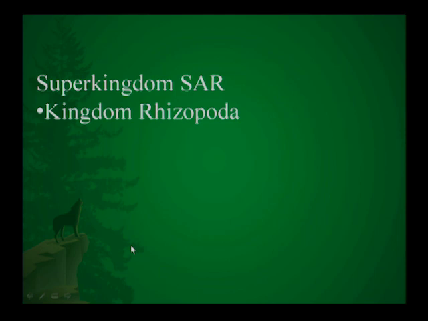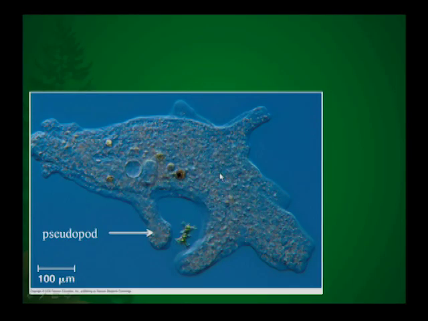So the first kingdom within the SAR that I want to talk about are the Rhizopoda, and Rhizopoda are pretty common in the Yellowstone ecosystem. And the Rhizopoda are the classic amoebas. Looking at an amoeba, they have a very, very flexible membrane, and I'm going to show you a video of this in a second, but they can constantly change shape. And they will surround and ingest organic matter or small organisms and then digest those intracellularly within their cell.